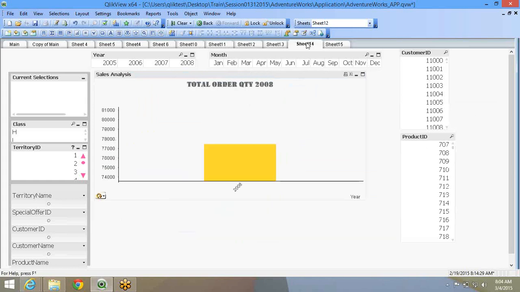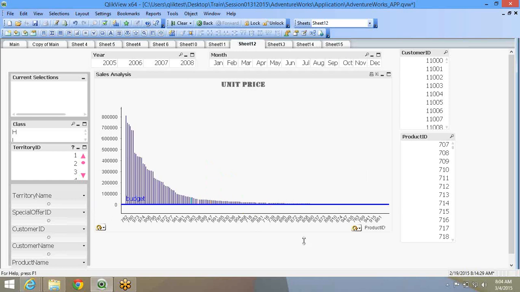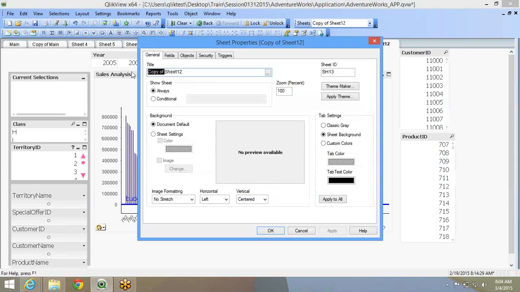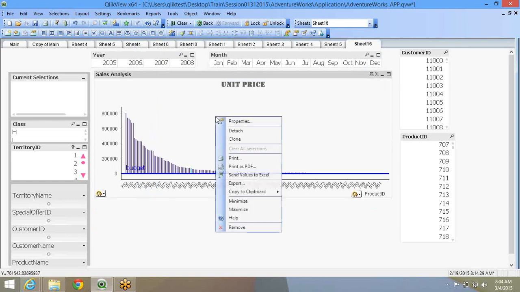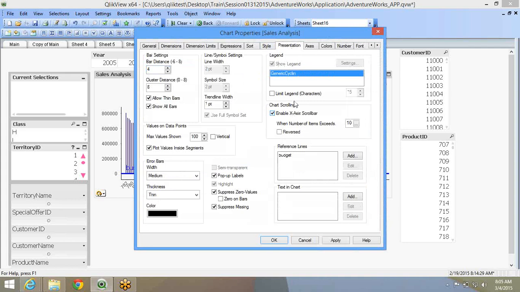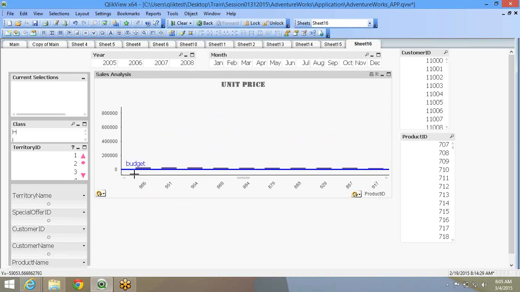Now you saw this product ID, unit price, and various other things. Let's just copy this sheet. Right, I have this product ID. I have this thing. Now I showed a scroll bar. Basically, under the presentation tab, if you enable the scroll axis bar, users will be able to scroll. Right. So they are seeing the first 10 values. The rest of the values you can scroll.